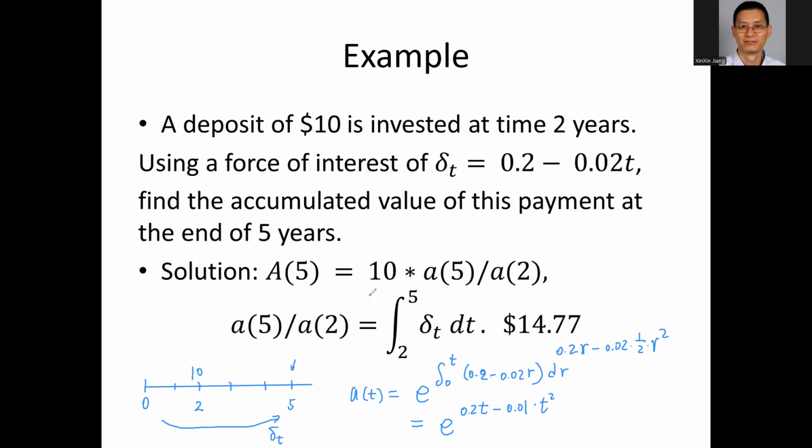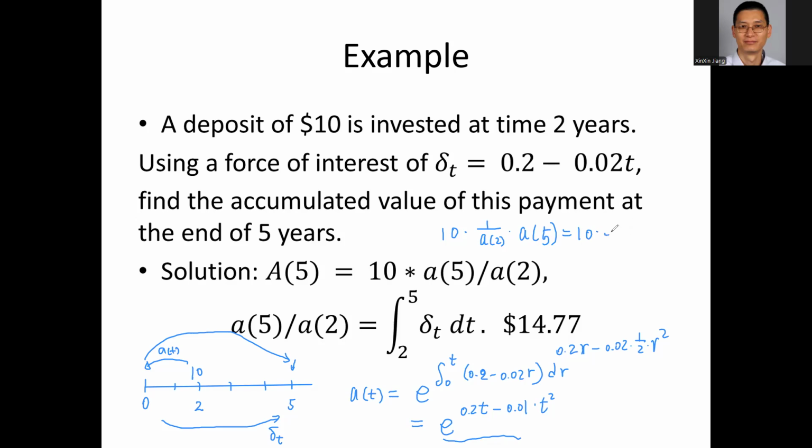So what you can do is, I'm going to move to another place. You need to discount back using the delta t here, or a t here, okay? And then you need to do this. That's the right way to do it. So you do 10 times 1 over a of 2, and then accumulate to time 5, so we do that. A of t is here, so you can directly plug in, so 10 times